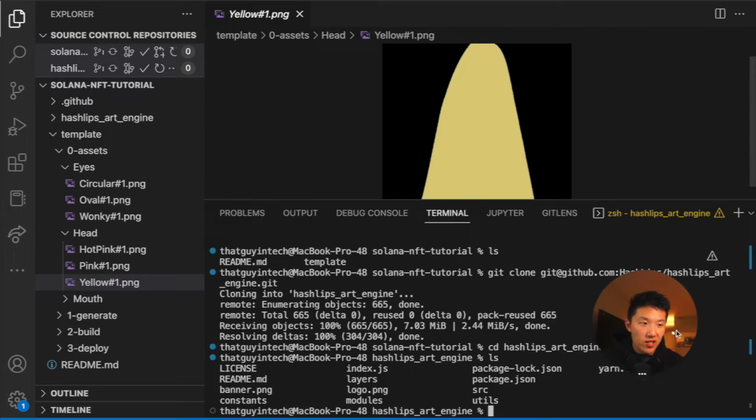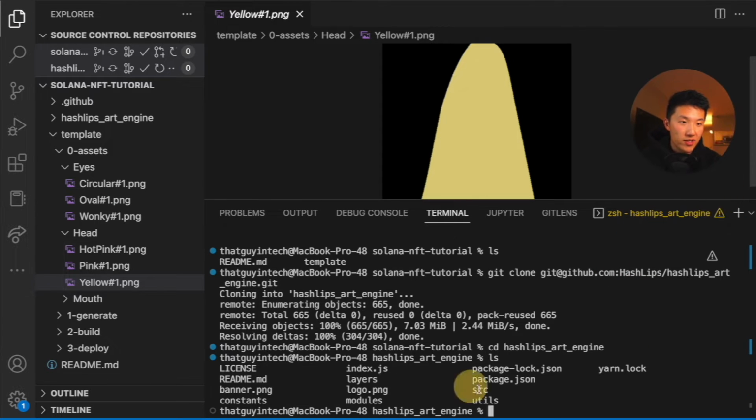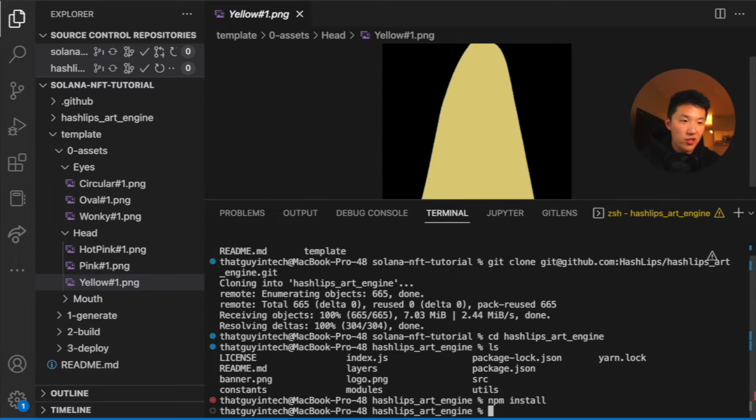And then you can see here, there's a lot of stuff already in here. So you can see here, this layers folder is actually going to be their sample images. We don't want their sample images. So what we want to do is run an npm install. And notice that I told you to install node and nvm and all this stuff. You can see nvm